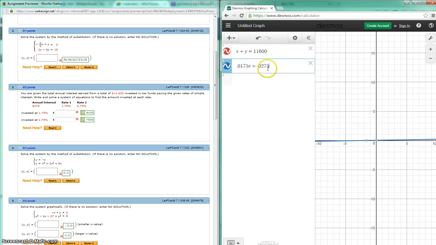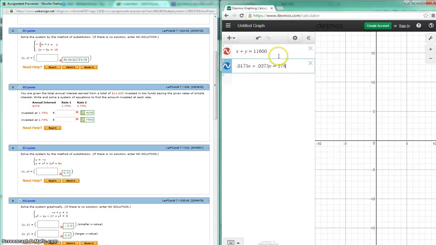So the second one is the 2.75% times how much I put in Y. And I want that amount to equal that 278. So